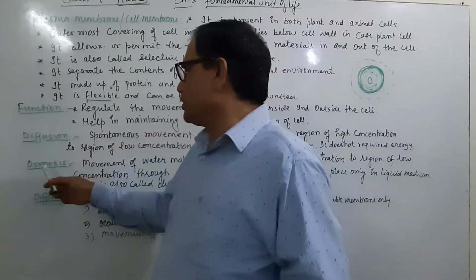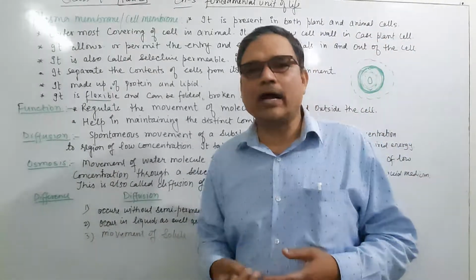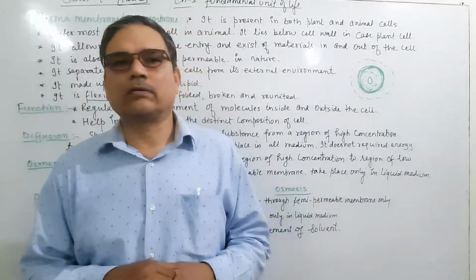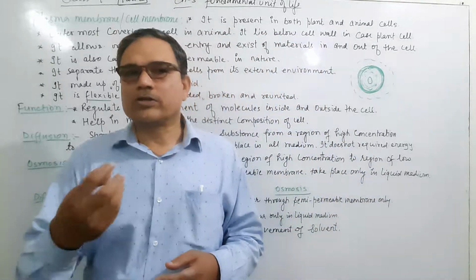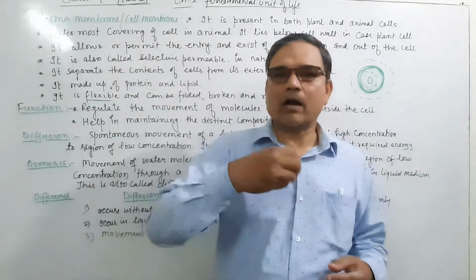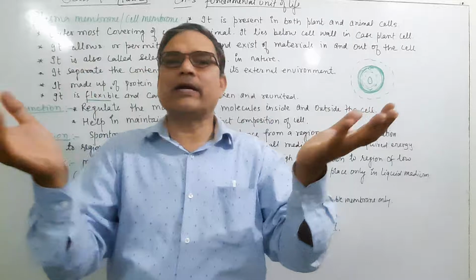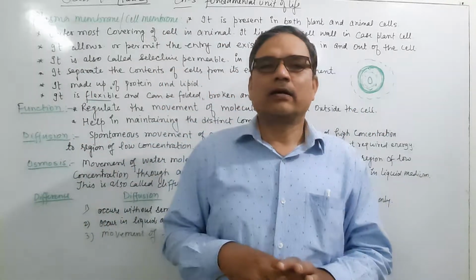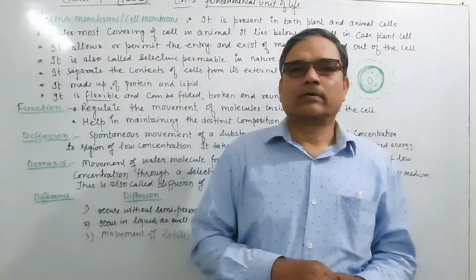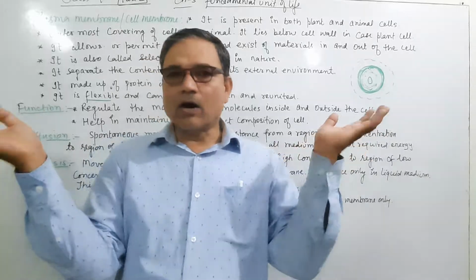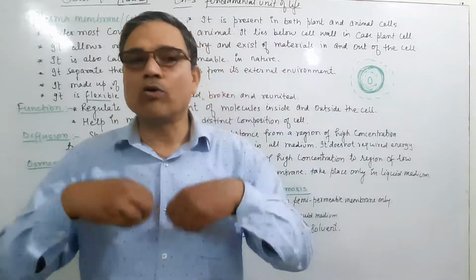The next function is diffusion and osmosis. It means carbon dioxide and oxygen, like when we inhale oxygen, and sometimes carbon dioxide goes inside the cell in place of oxygen. Why? If in the atmosphere the percentage of carbon dioxide is more compared to inside the cell, then there will be inhaling of carbon dioxide, because in the external environment the concentration of oxygen or carbon dioxide is more.